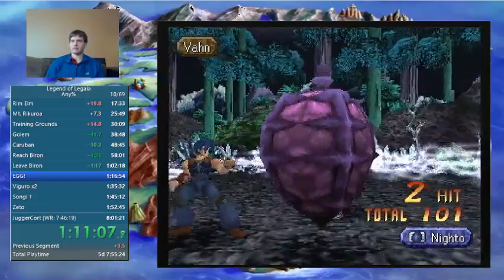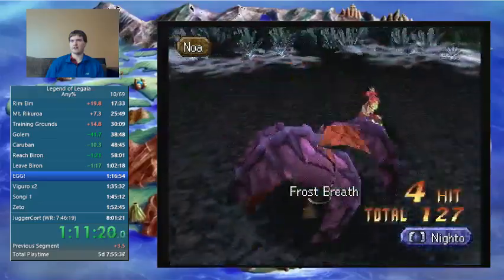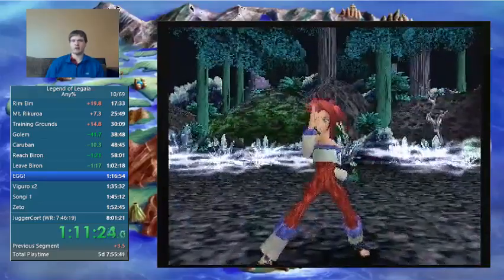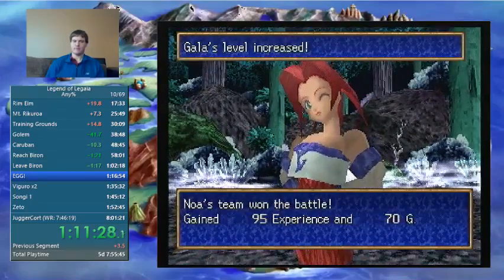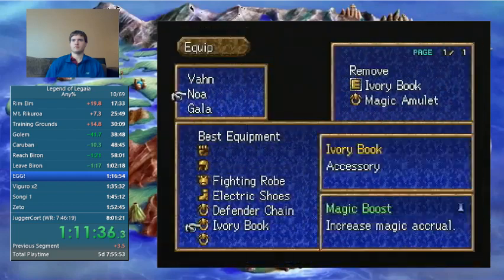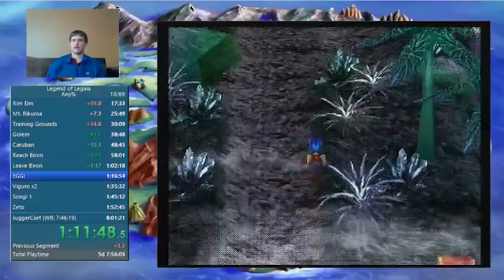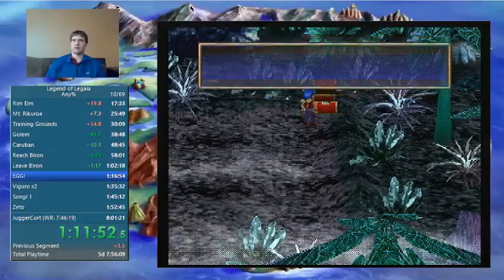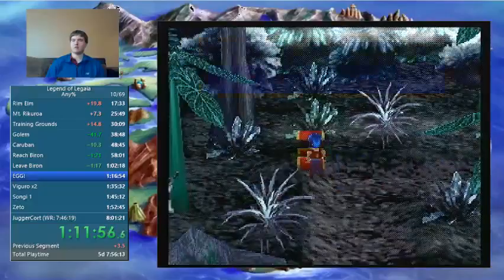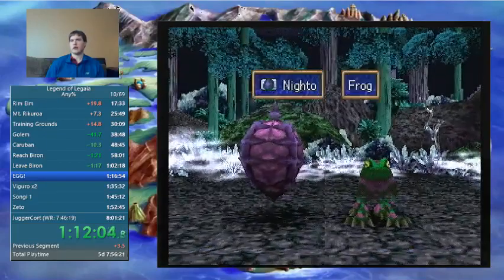Flame! I'm gonna use Frost Breath here. It does a little bit more damage than the Development attack does. Alright, I got the Absorb, so I'll switch the Ivory Book over to Bond. Doorlight. No Feral. Healing Bloom. One more fight and then we'll get to the egg. Try to get it on